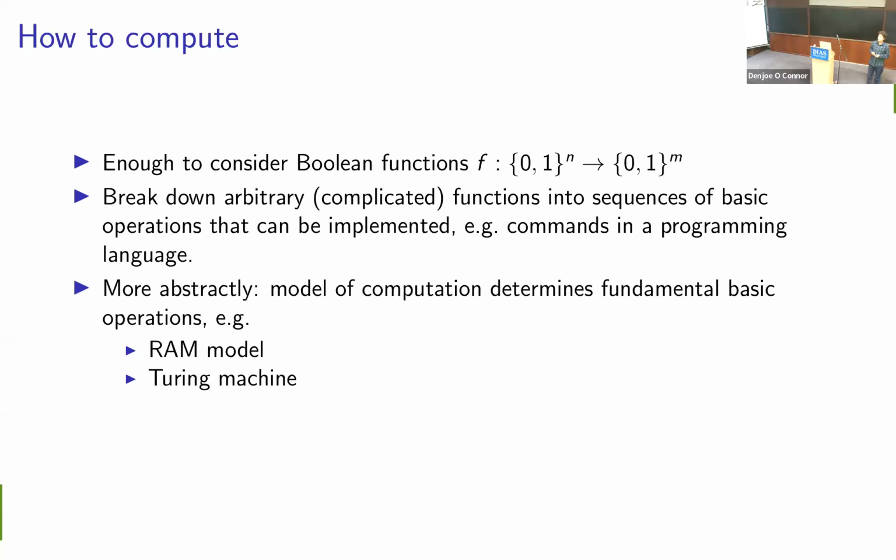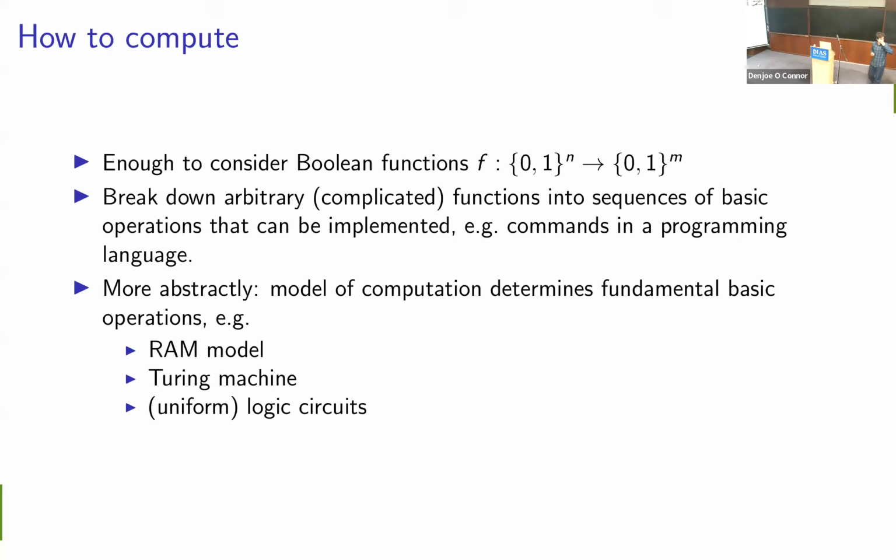So for example, the Turing machine, where instead of having a memory where we can just access it wherever we want, we've got one infinitely long tape, which is divided into cells. Each of those cells can have potentially a bit of information, potentially also some finite fixed amount of information that we can store in each cell. And so we can't access these cells at random. Instead, our machine moves backwards and forwards along this tape, and it can only move one cell at a time. And so that makes for a somewhat different model of computation, because now we need to keep in mind in what order our data is on our storage medium, this tape.